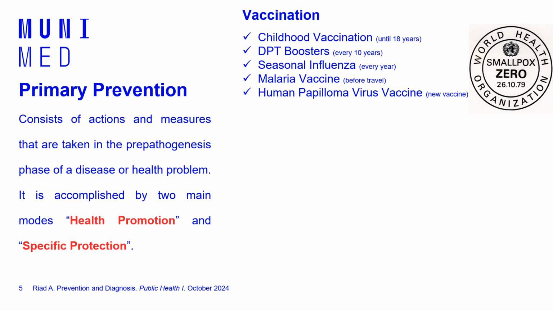Smallpox is a disease that was very prominent in previous centuries, and it led to hundreds of thousands of deaths throughout human history. But in the year 1979, the World Health Organization and the entire world community celebrated the eradication of this disease. So today we have no single case of smallpox, and this is a great achievement for humanity. By the way, for your information, smallpox is so far the only disease that has been eradicated from the world and became part of our history.